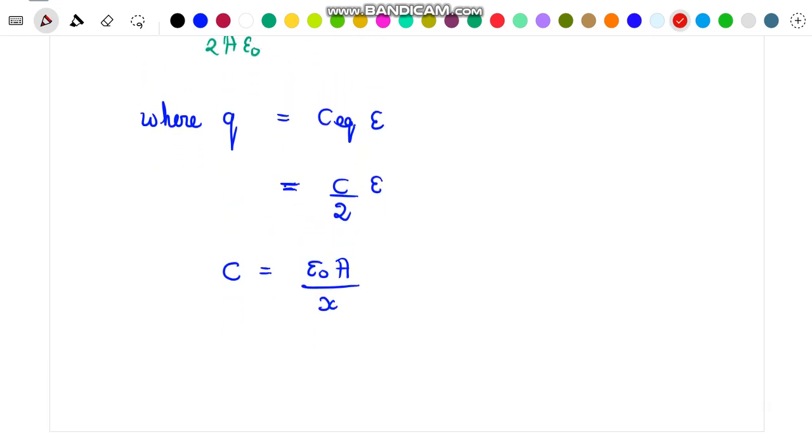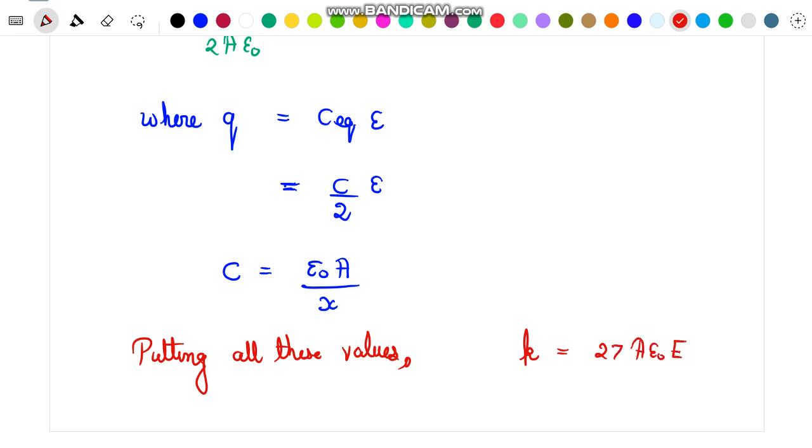Now putting all these values, we finally get the value of K, which comes out to be 27Aε₀E squared divided by 8(D minus L) cubed,